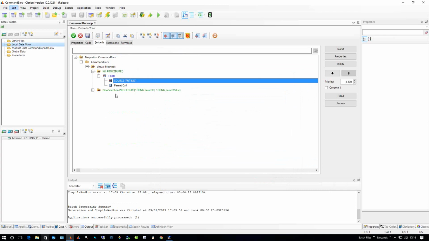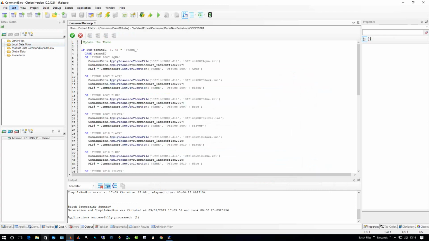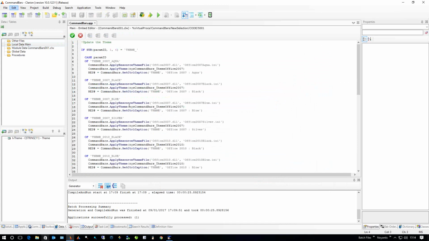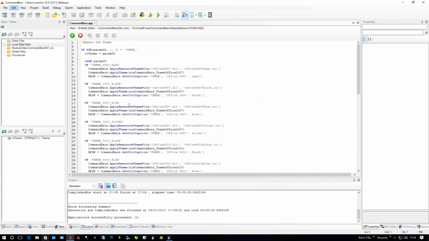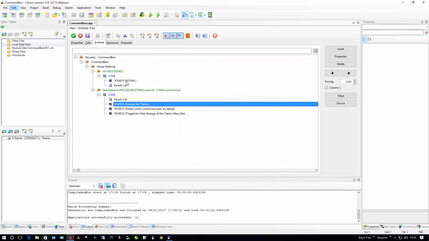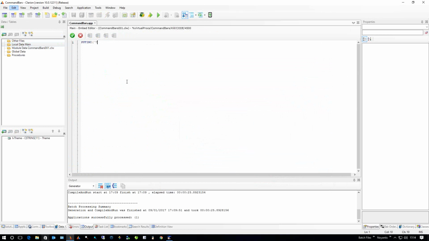Yes. So when we've got the new selection, I'm going to do LV theme equals basically the ID, what they've just selected. And I'm going to save that to an ini. So theme current